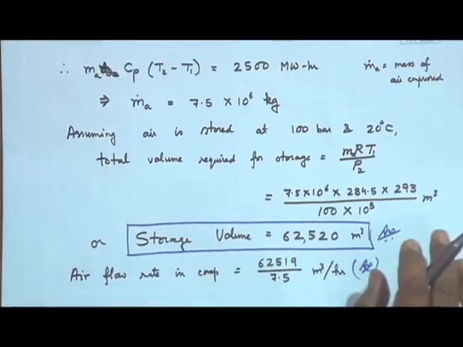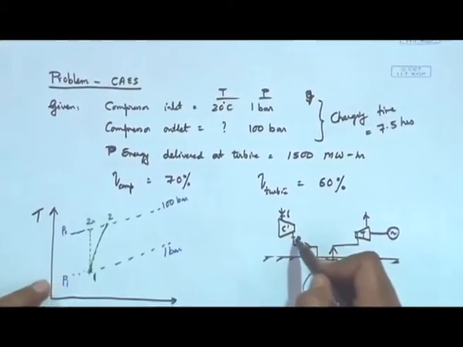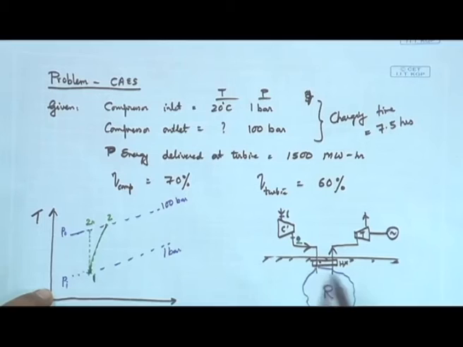Okay. So, this is how we solve these problems. So, first thing that we did was we found out the temperature at point 2 because that is the compressed air temperature. Next, we had to find out what is the volume that is required. So, for that we were given what is the output power. So, using turbine efficiency we got the input power to the turbine, which must be equal to the input energy to the turbine, and that must be equal to the input energy that was stored in the reservoir, okay, assuming no losses again.